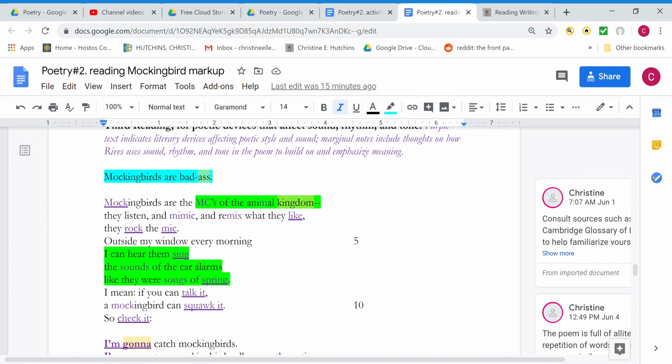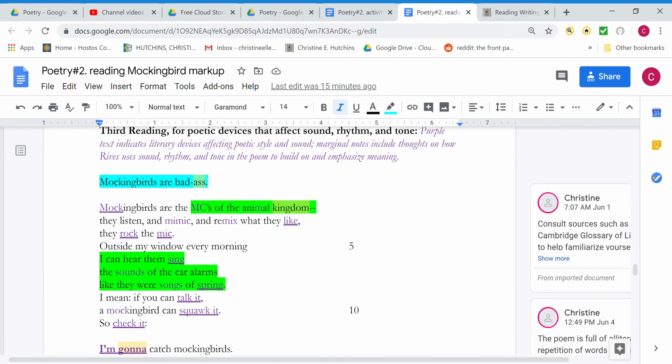So Mike, talk it, squawk it, check it are all end rhymes. But he also has internal rhyme like mock, rock. Those are within the lines, rhymes that give the cadence to the poem, especially because he uses heavy consonants like mock, mimic, mix, like, rock. Mock gives it a hard sound, and also kind of explosive, which fits with the Molotov cocktail and the loaded mockingbirds that he's releasing out into neighborhoods.